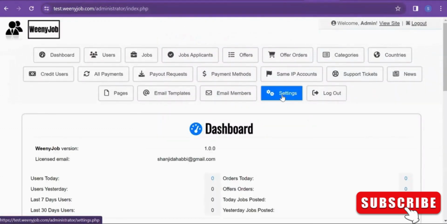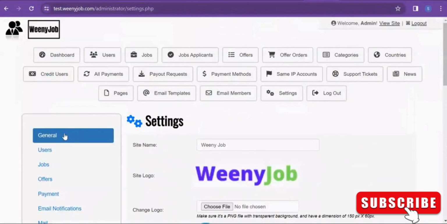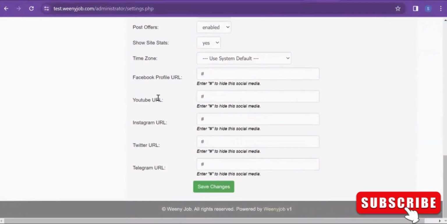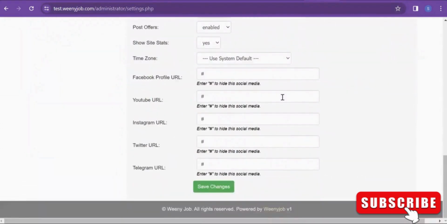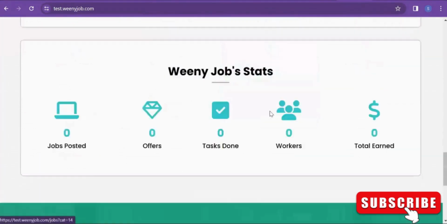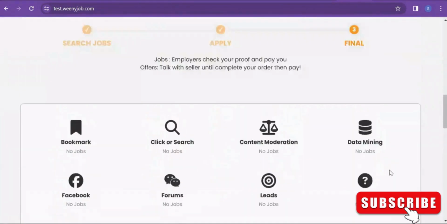And from here I can access the settings, and if I scroll down in the general section, I can enter my Facebook profile URL, YouTube URL, Insta URL, Twitter, and Telegram URL. As soon as you place the URL and click on Save Changes, the social media icon will be showing here. So we also have a beautiful newsletter section where the users can subscribe to your newsletter.